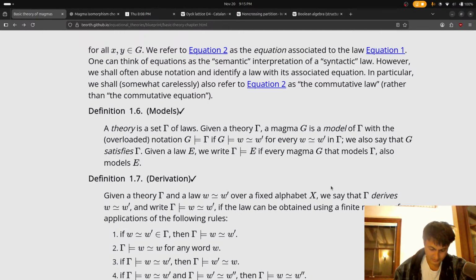Given gamma, a magma G is a model of gamma, G double bar gamma, if it follows all laws, I guess, or satisfies.